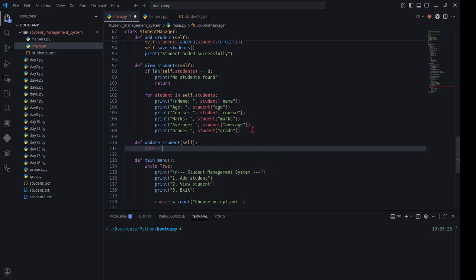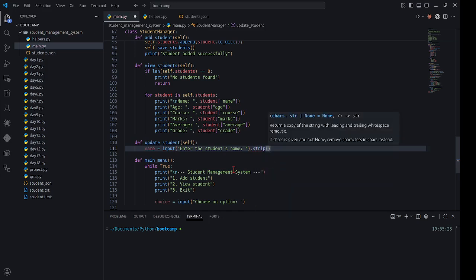So we need to get the student's name, right? Enter the student's name, right? Dot strip, dot